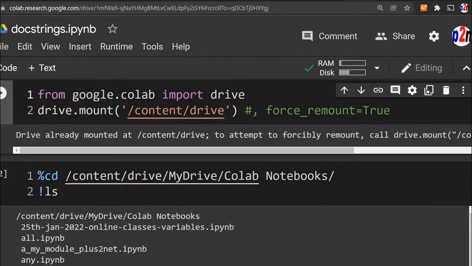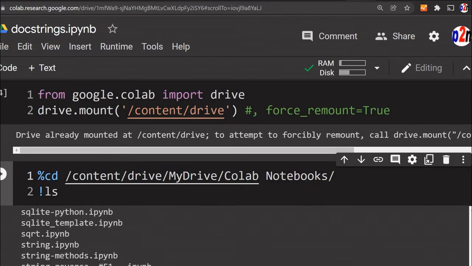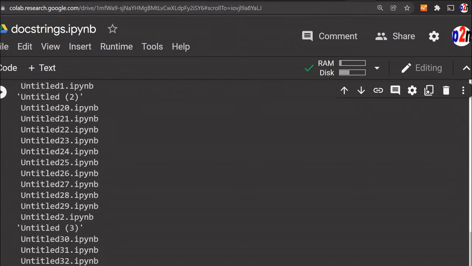Now after mounting I have to connect to my working directory, the directory where I am connecting. So I can just run it and see the files. Yeah, all the file names have come up. Now here you can see